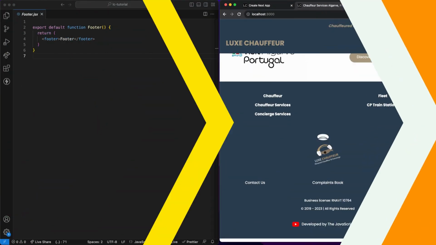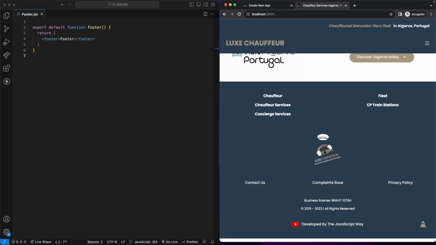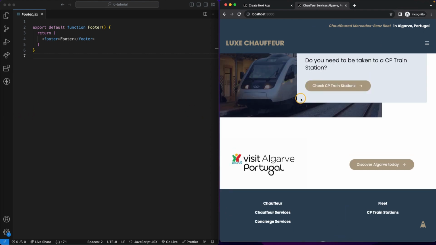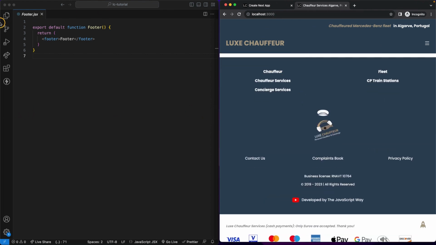Okay, so we need to use the footer. Okay, footer, just having a quick look here. The detail that I wasn't sure about and was just checking, this year here, it's not hard coded. So